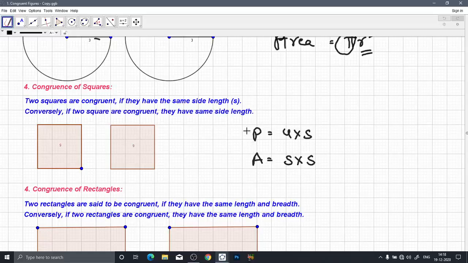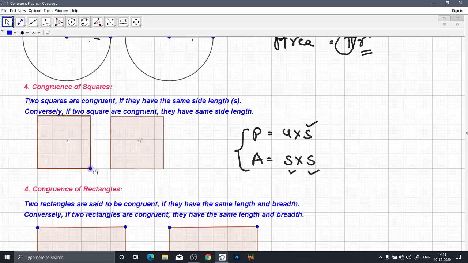In both of the formulas, the variable is s only. If I change the s value, both of them will change accordingly. Both will change their perimeter as well as the area in equal dimensions. So if I change the side of this square like this,